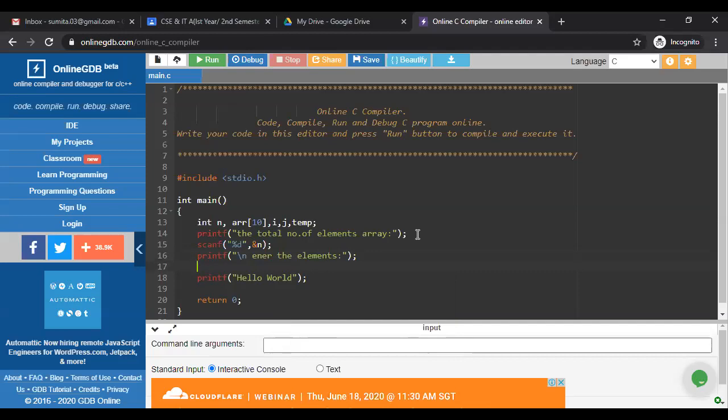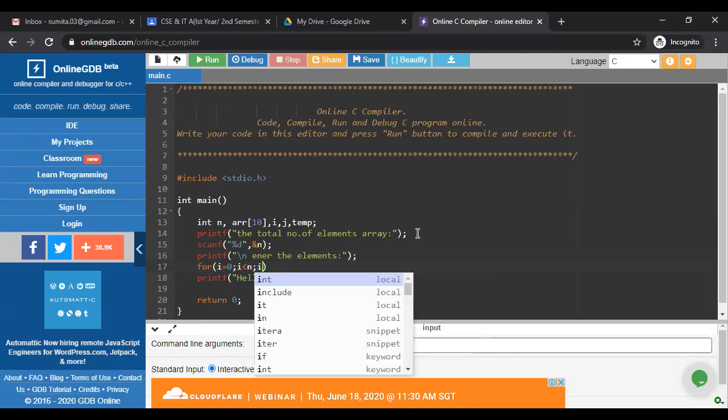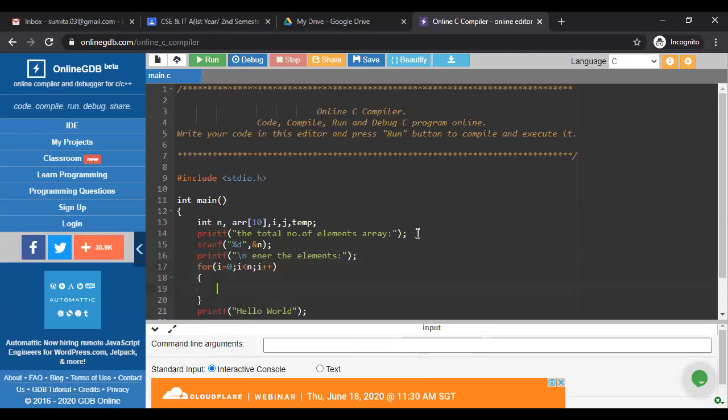That's why we execute a loop: for i equals 0, i less than n, i plus plus, and scanf %d, comma, ampersand arr[i]. So we are taking all the values into our array. Maybe you take 5 elements or 10 elements, whatever you want.